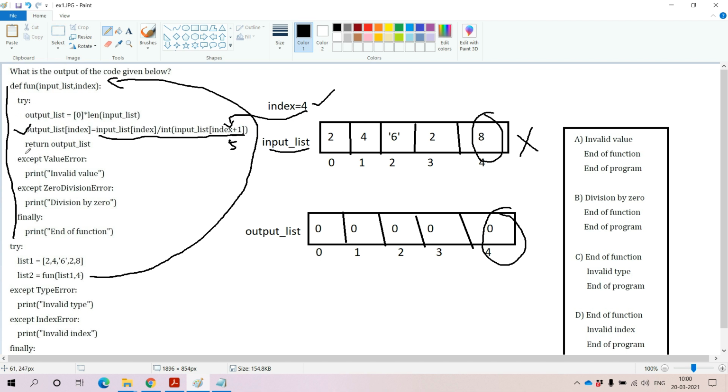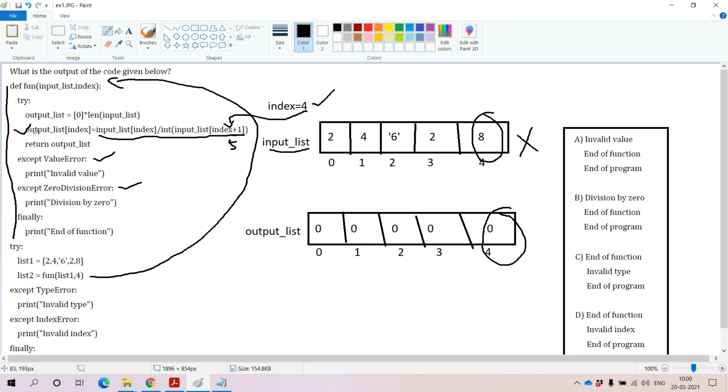It will check is there any except block which is having index error, but unfortunately we have two except blocks. For the first except block we have value error, it is not at all related to index error, and within the second except block we have zero division error, it is also not at all related to the index error. That means these two except blocks are not at all coming into the picture.